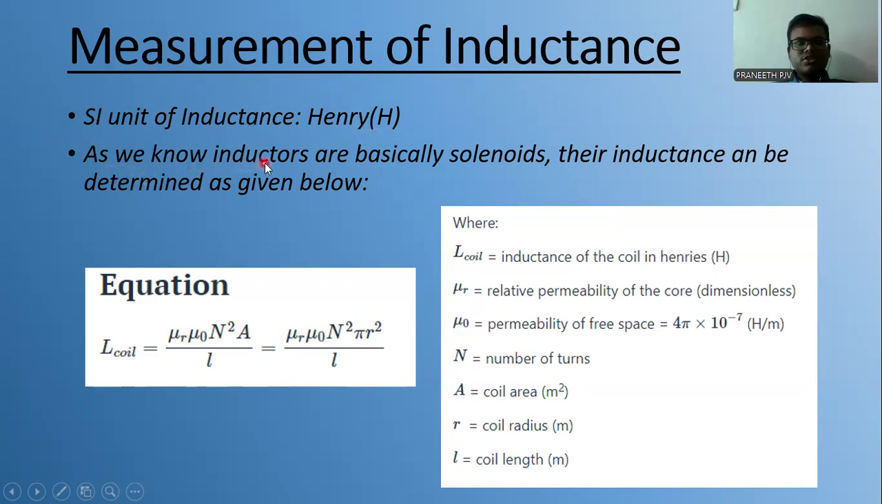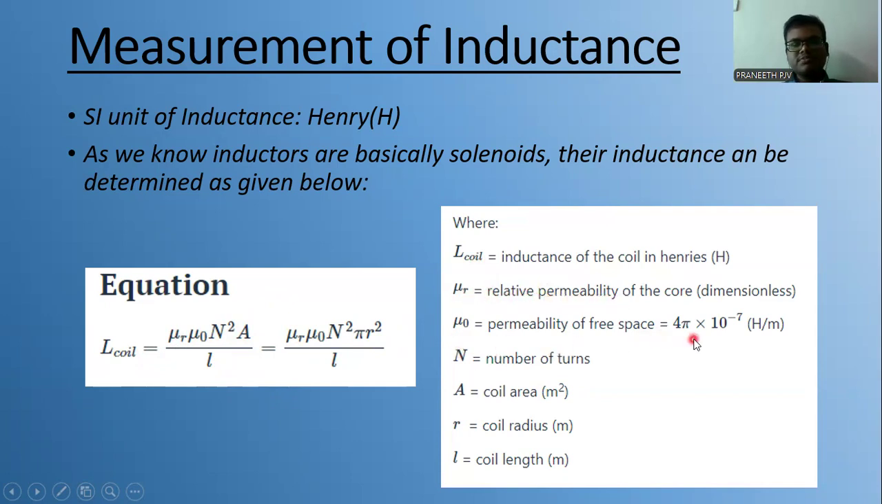Now we know how a basic inductor looks. It's basically a solenoid. Solenoid means a coiled wire wrapped around a soft iron core. So the inductance, represented by the letter L, is given by L = mu_r mu_naught N squared A by l, where A is the area of cross section of the inductor. L is the inductance in Henrys, mu_r is the relative permeability, and mu_naught is